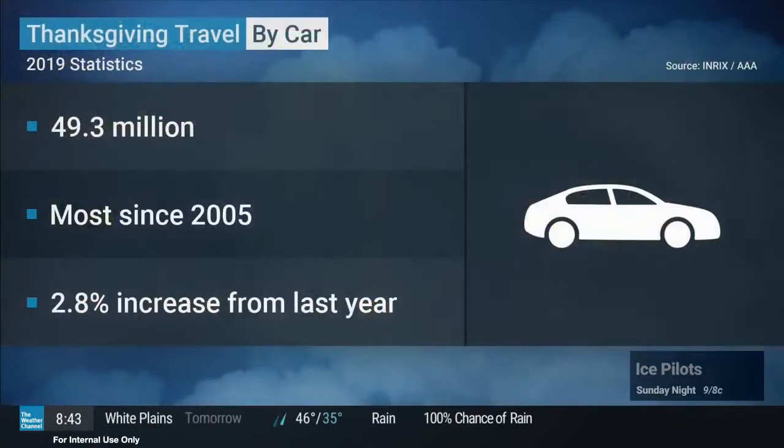Great advice. Oh, gosh. You want to see something that's crazy? Some of the numbers of travel. The number of people out there is staggering. Check